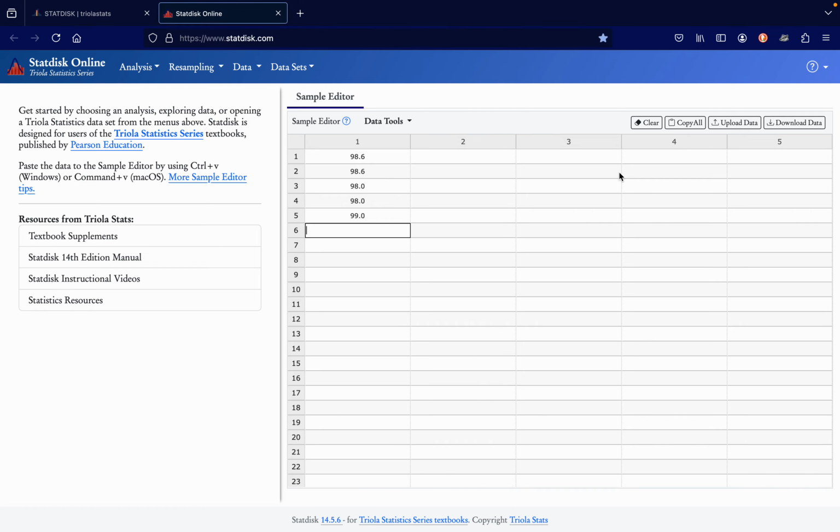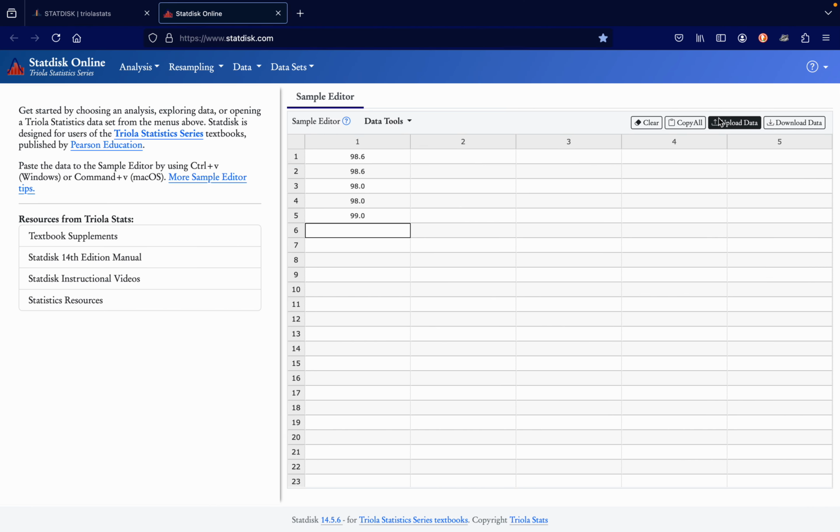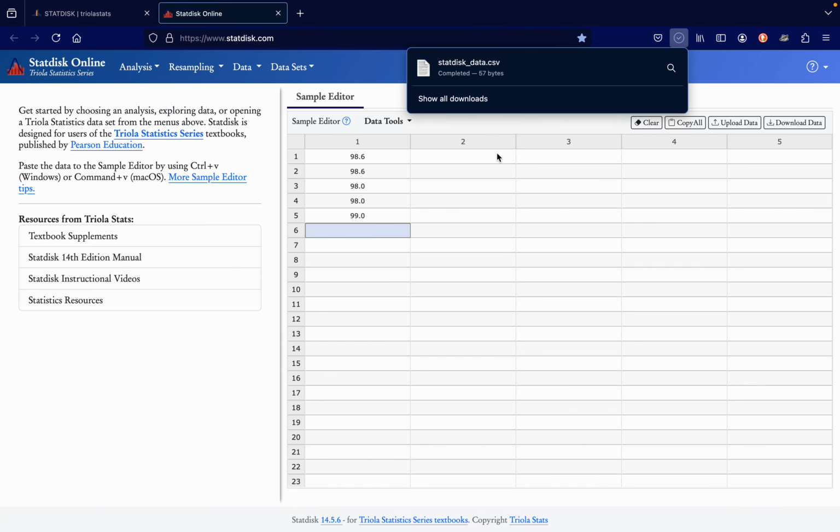All right, now what we'll do is save this data to your computer. So I'm going to download this data. What format you use will depend on your computer, but I think it's often safest just to use the CSV file. In this case, we're going to include the column headers. This is mainly because the CSV file is a fairly straightforward text file where the data points are delimited by commas, and there's very little markup, if at all.